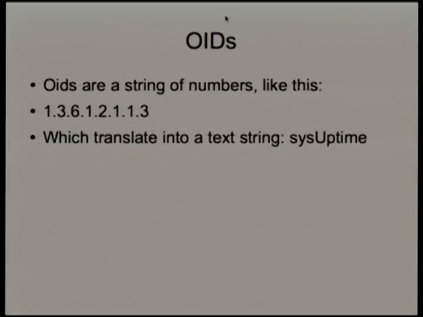Right, now what about these data values? They're all represented with that awful number up there, and that actually translates into sys uptime from memory. Oh yes, it does, there it is. So internally it's all represented with numbers, and there's some text for humans to read. The text is useful, but I would suggest whenever you're putting anything in anywhere, I want to monitor this data value, use the numbers, because that comes to my next complaint, which is why SNMP sucks, which is MIBs.